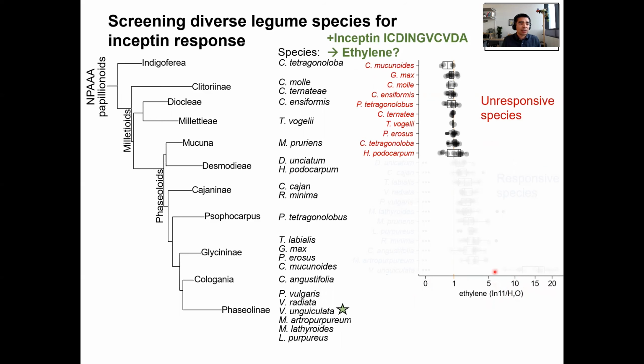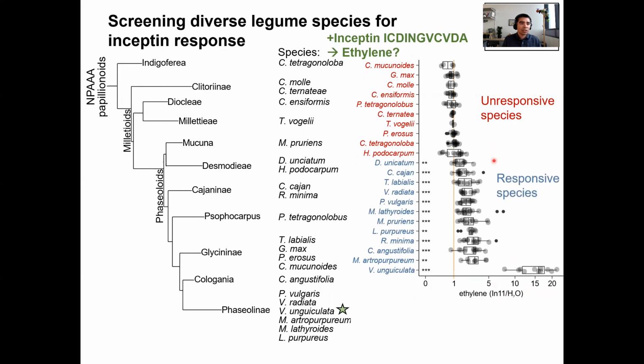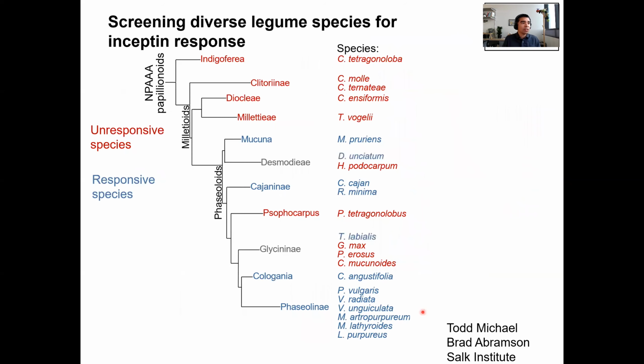So in many species, if this ratio is 1, there's no Inceptin-induced response, and there are many species in this red category. But then we also successfully measured an Inceptin-induced ethylene response in many different responsive legume species, including in cowpea, where the receptor was first characterized. If you map this responsiveness back onto the species tree in blue here, we can see